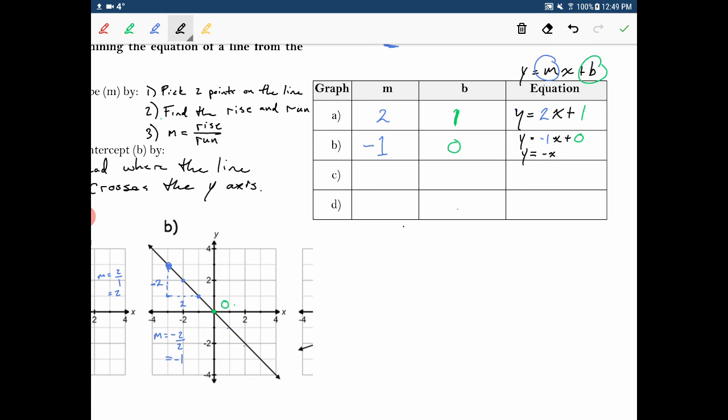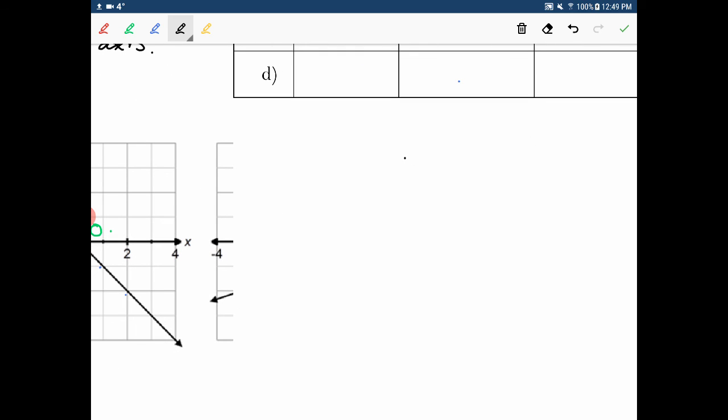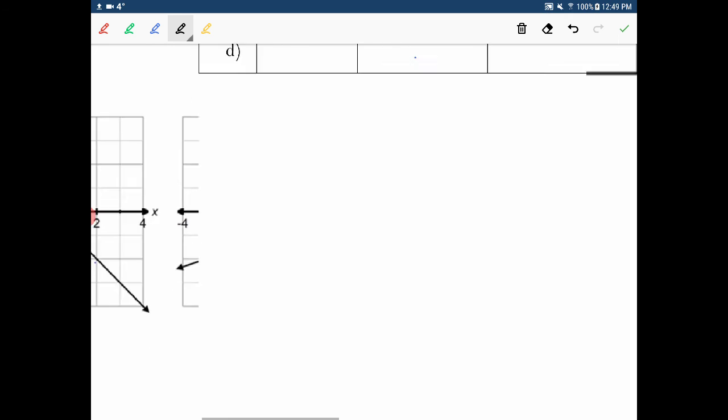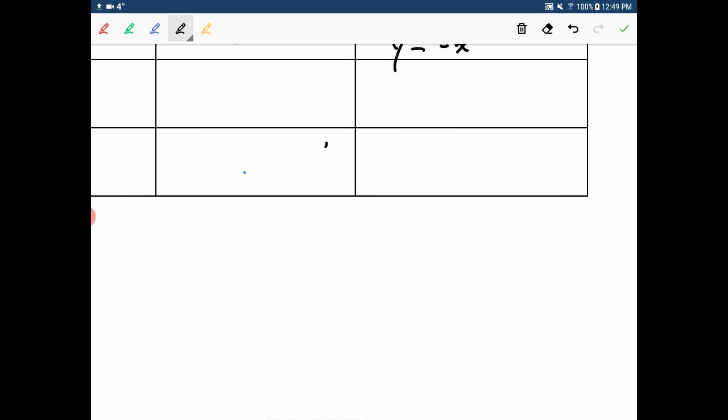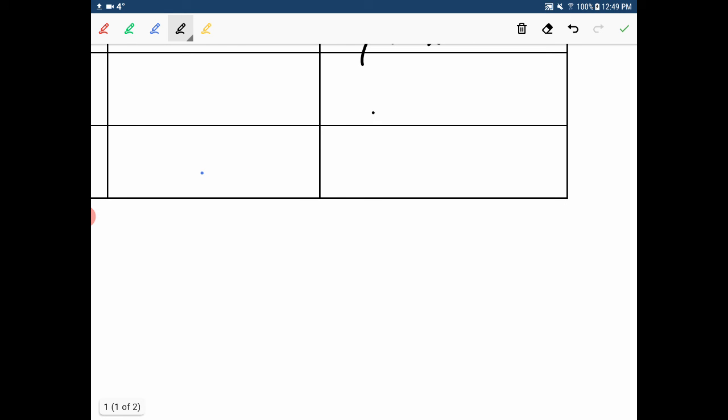Now, unfortunately, the next 2 aren't showing up on my version of the note. I'll make sure that your version of the note does include them. I'm not sure why that's not there. But regardless, they're not there. So I'm going to give you the answers so you can just try it out on your sheet if you want. The answers to those ones were y equals